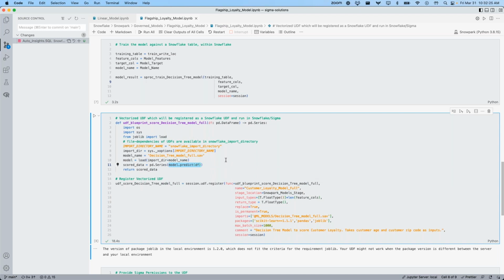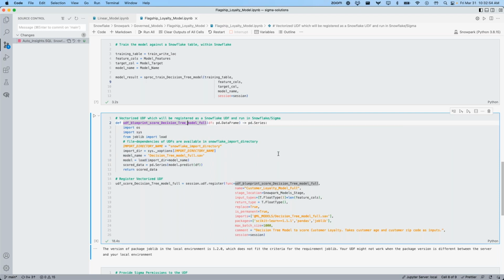That's where I selected the zip code and the customer age. That's that data frame. I'm predicting off the model, and the model is that model that I defined in the previous stored procedure. So that's how we do that kind of governed basis: the model gets defined by a stored procedure, saved to a location in Snowflake, and then the UDF just passes information in and out of that stored model. The model will never change while being run.